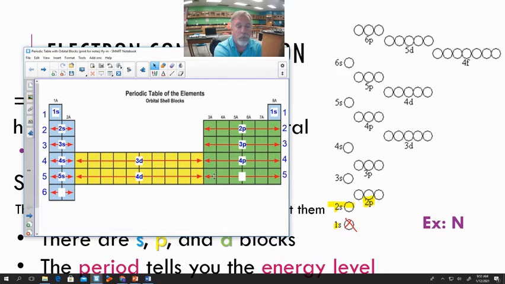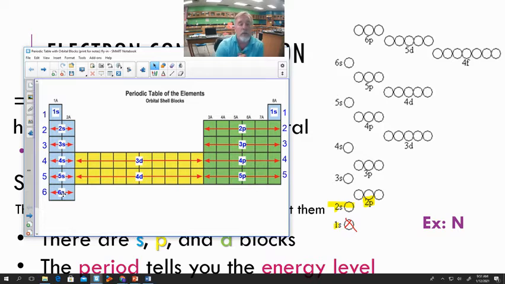And after our 4d, keep going to the right. We're group 5 here. This is our 5d, and that's what our periodic table says. 5p. Our bubble chart says the same thing. After 4d comes 5p. And after 5p, it's 6s in your bubble chart, and it's 6s on the periodic table.